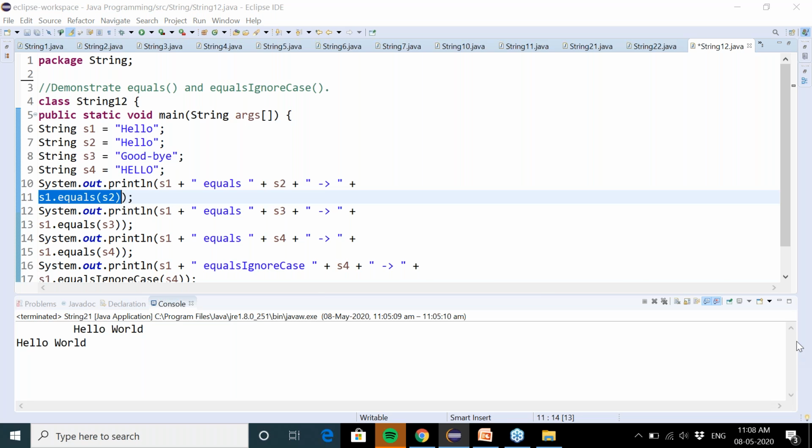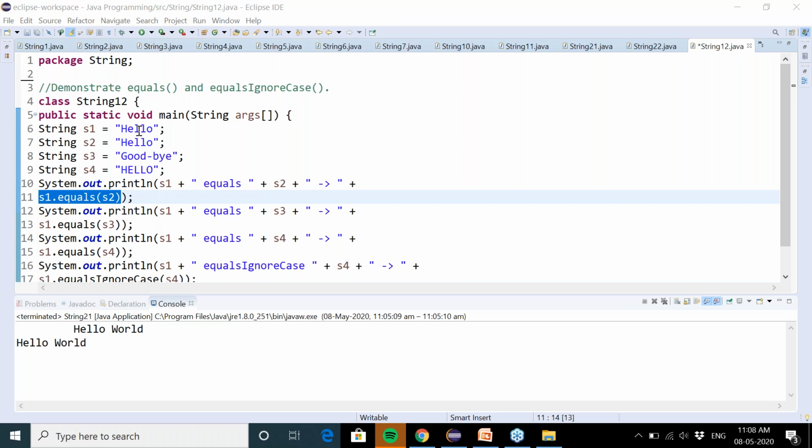Because S1 and S2 are exactly the same, it will give you the answer true in the first case. Then we are comparing S1 equals S3, because S3 and S1 are two different strings, this will return false. The next line, S1 equals S4, because again there is a case difference.